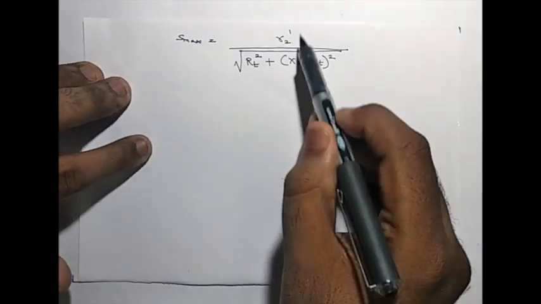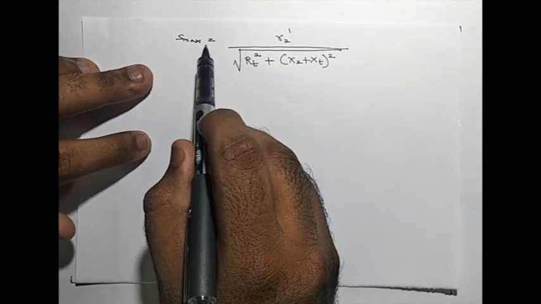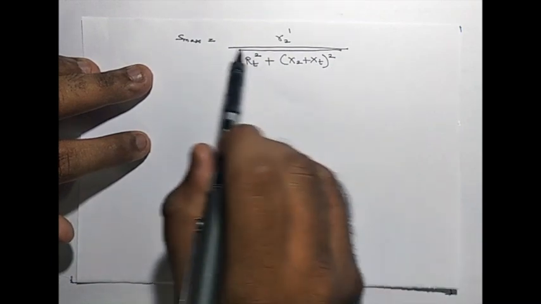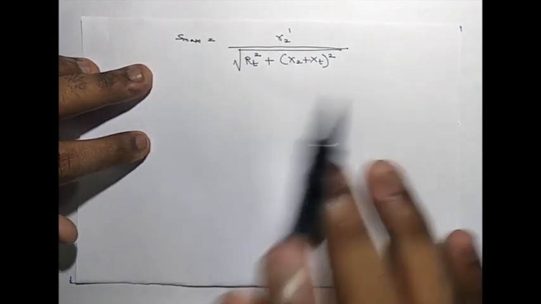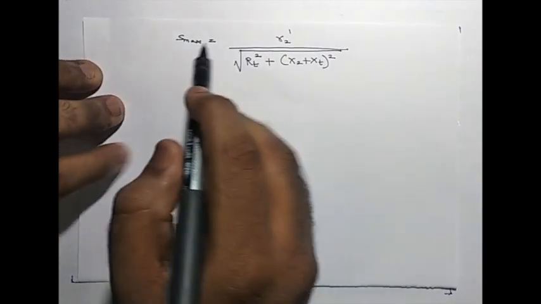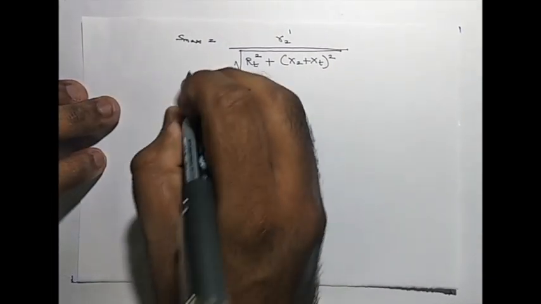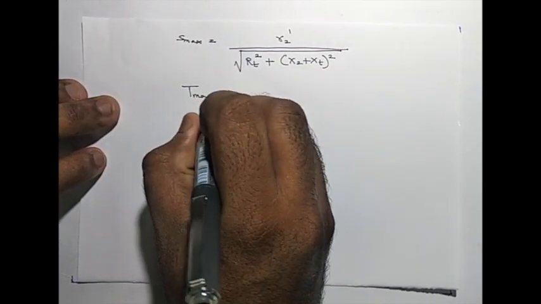Now obviously it is dimensionless and it is just a number. It will be less than 1 and more than 0. And this is the value of slip at which torque takes its maximum value. And once you substitute S max in the original equation, you will get the maximum value of the torque.